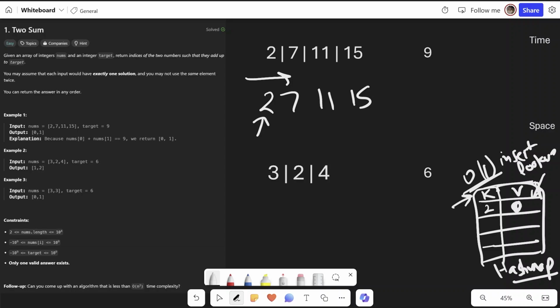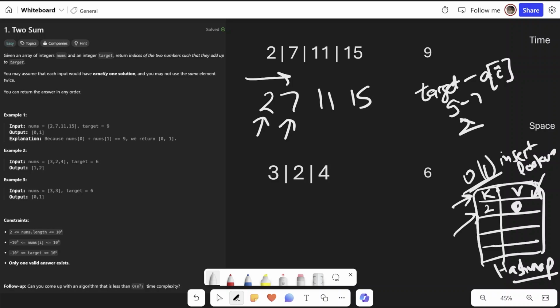Okay, now as I move in the array, I'll check if I already have the target minus current value in the hash map. Okay, so I move to 7. I check if 9 minus 7, which is 2, is already there in the hash map or not, and it is already present.